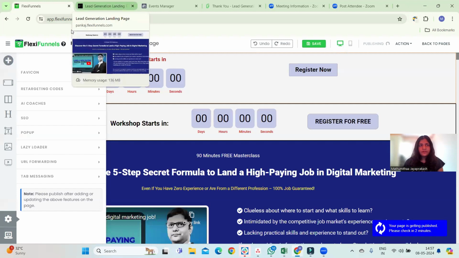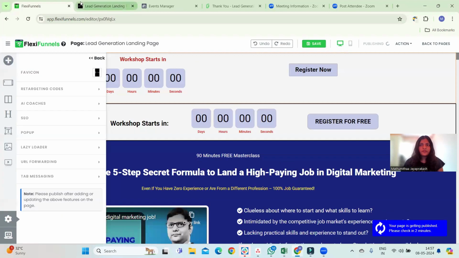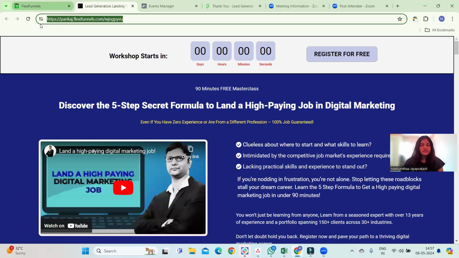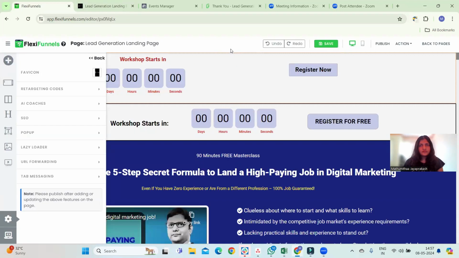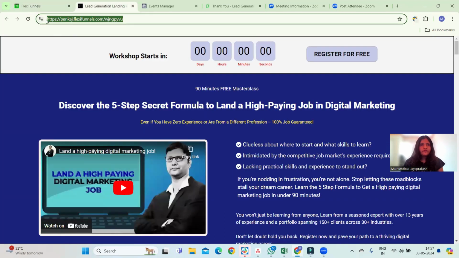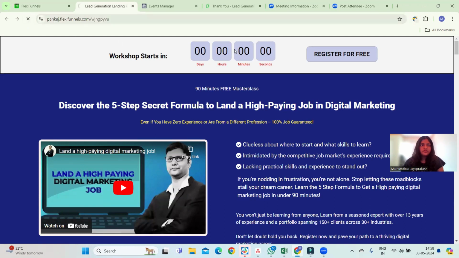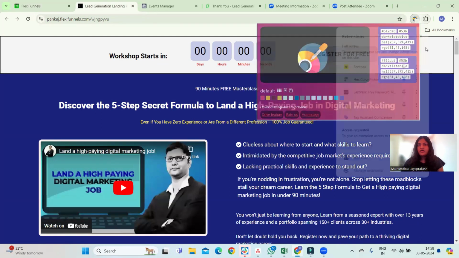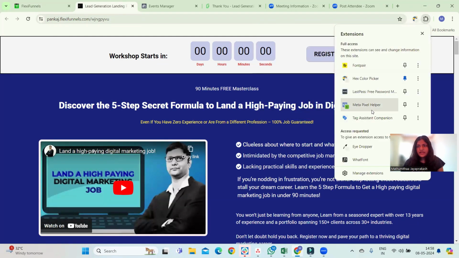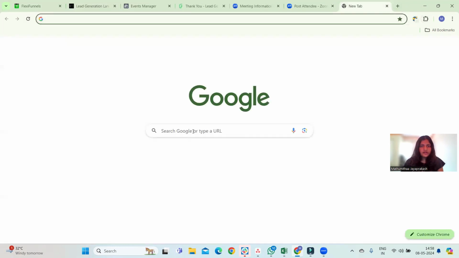Wait for it to get published, and then you're going to refresh your page. Now that we already have this page open, so we just have to click on refresh, and then there's something called Metapixel Helper. In order to install it, you have to go to